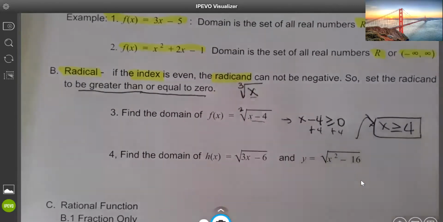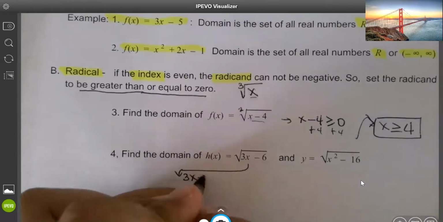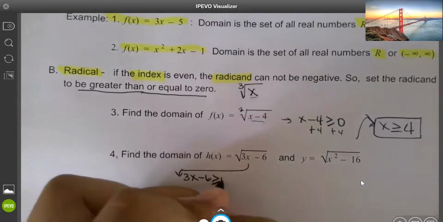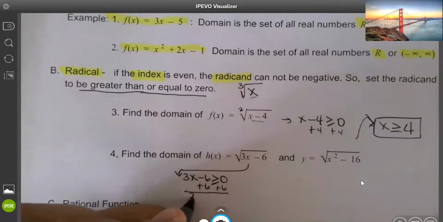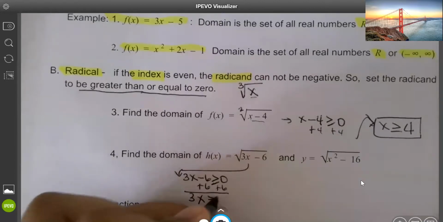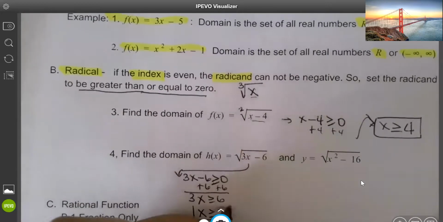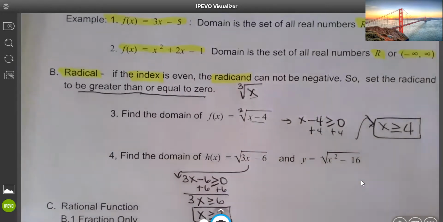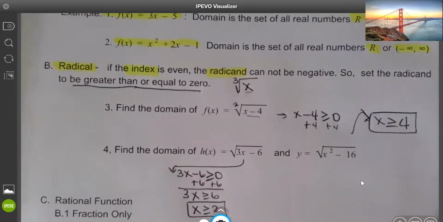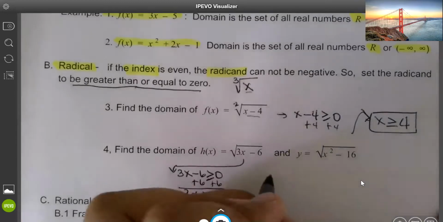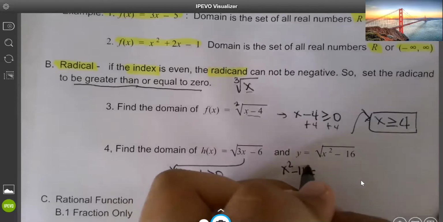Now, here, you have 3x - 6. Set that to be greater than or equal to 0, plus 6, plus 6. So I have 3x is greater than or equal to 6. So x is greater than or equal to 2. That is the domain. Now, the next one is the radicand x² - 16 is greater than or